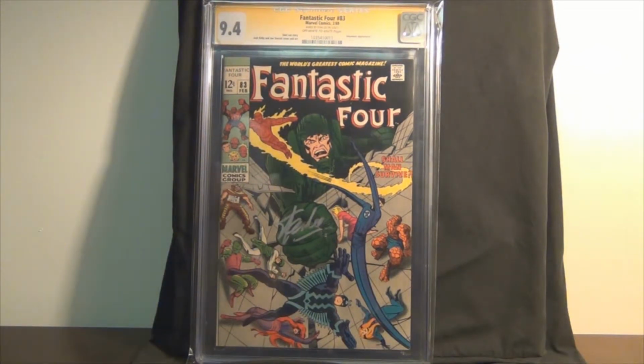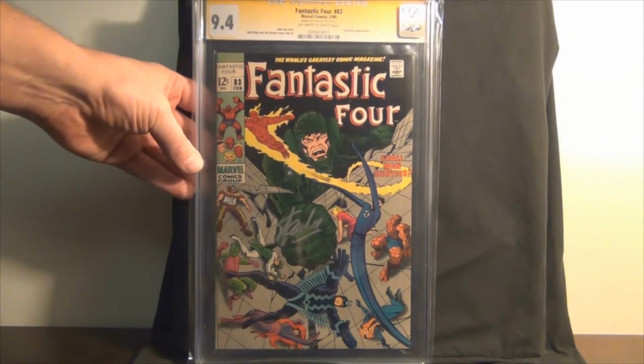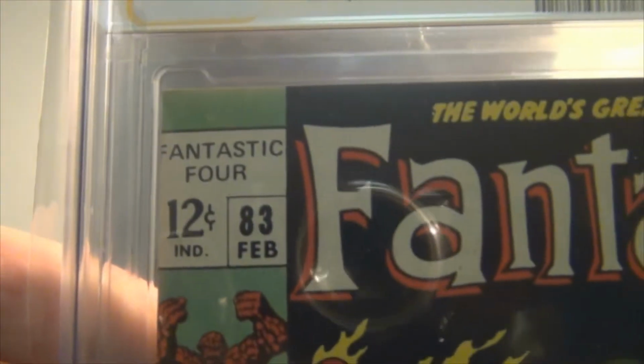This one is a Stan Lee signature series. I'm not too big on signature series on some of the older stuff, especially the higher grade stuff, but this is late enough in the run that it doesn't really bother me so much. But I hate seeing people get